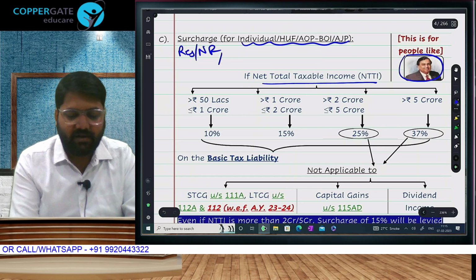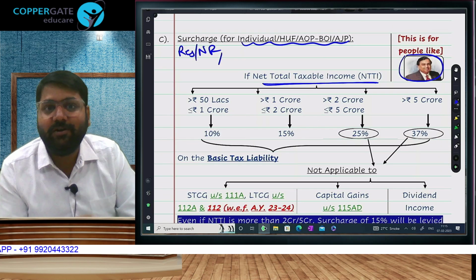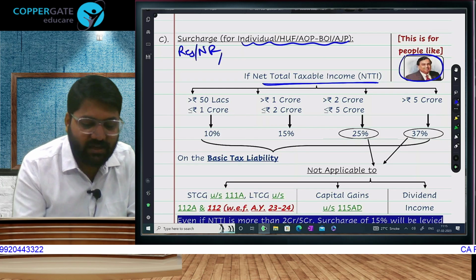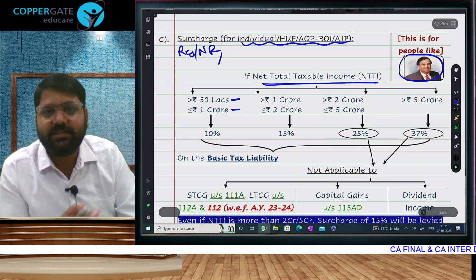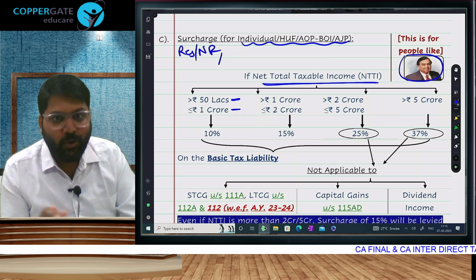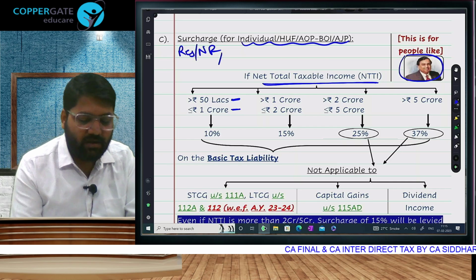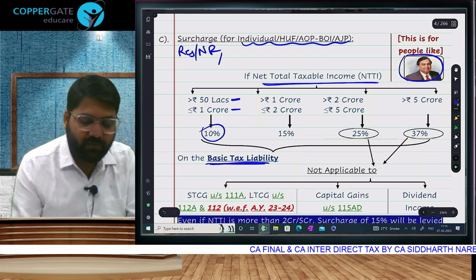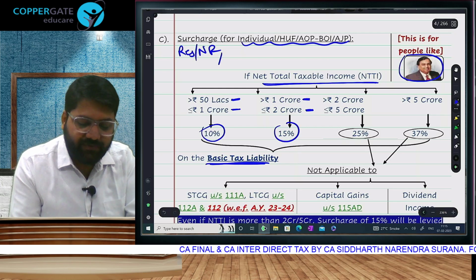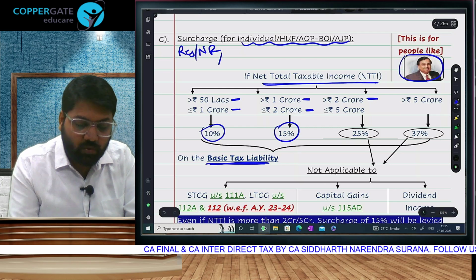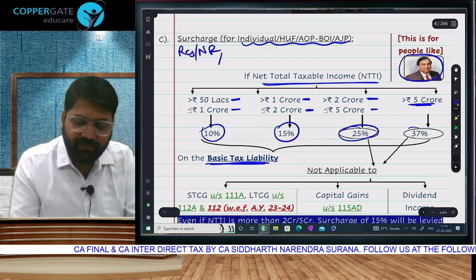How much surcharge will be attracted will depend on your total income. In rebate, they have said less than or equal to 5 lakhs. But in surcharge, they say if your income is exceeding 50 lakh up to 1 crore. So 0 to 50 lakhs income, no surcharge. More than 50 lakh and up to exact 1 crore, then surcharge will be 10% of your basic tax. More than 1 crore up to 2 crore, then 15% of basic tax. More than 2 crore up to 5 crore, then 25% of basic tax, and more than 5 crore, then 37%